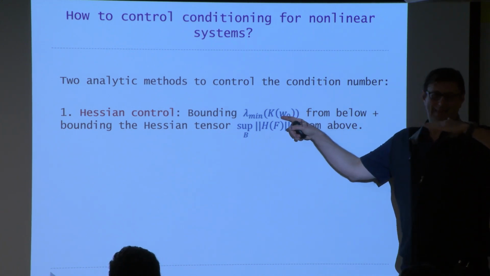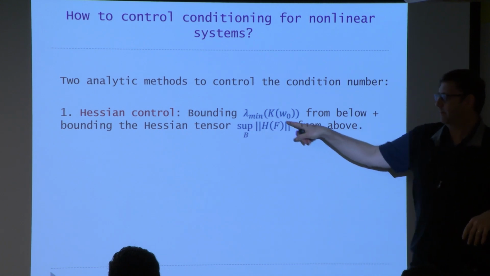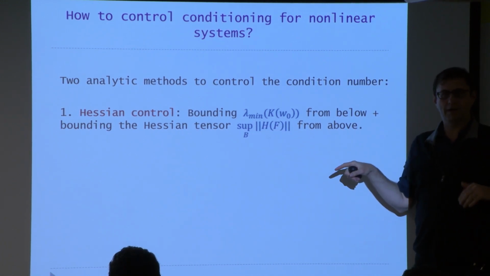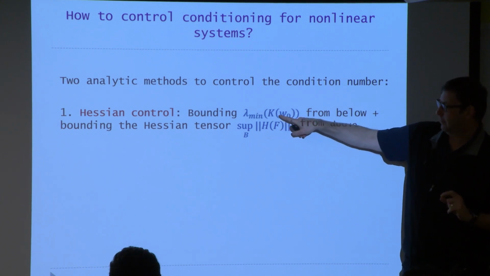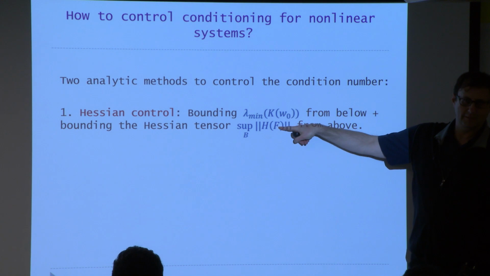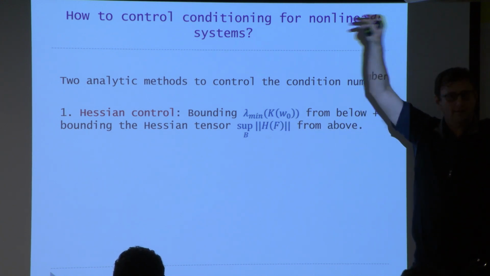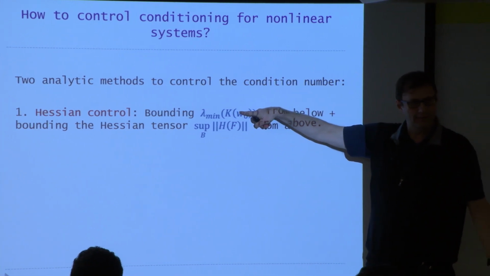is, say, 1. It's bounded from below. And then the Hessian is bounded from above, and it's significantly smaller. So suppose this is like 1, and this is, I don't know, like 1,000. Then you can say that roughly in a ball of radius 1,000, this is controlled away from 0. Because